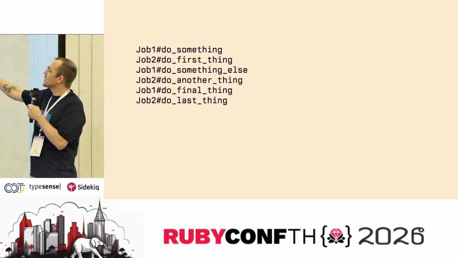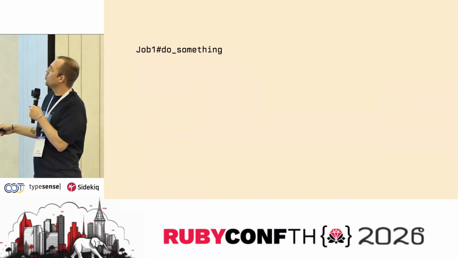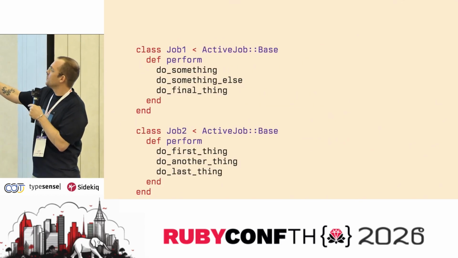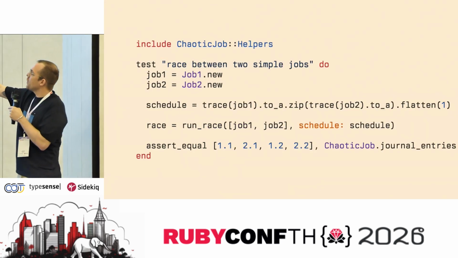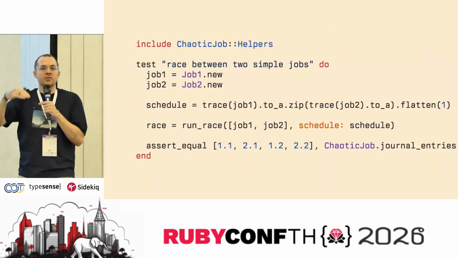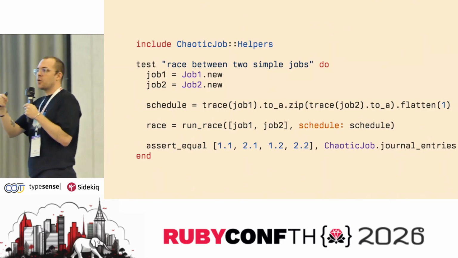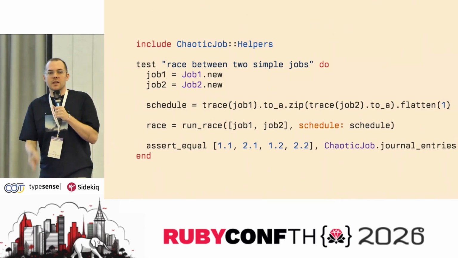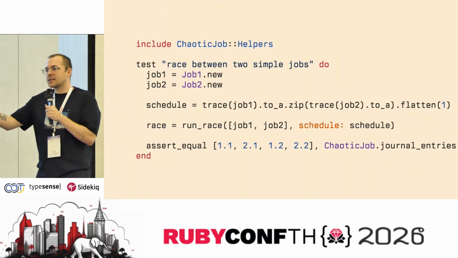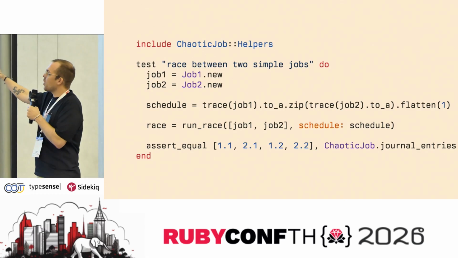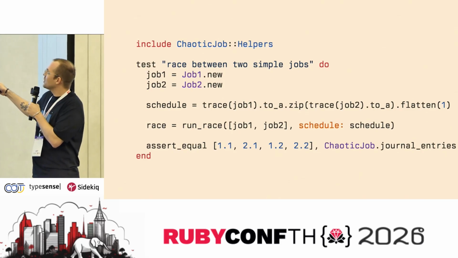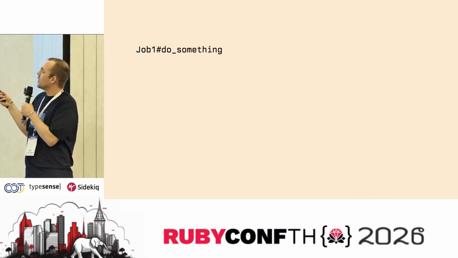And I can test this exact schedule by just saying, run this particular race. Here are my two job instances, and here's the particular schedule. And I can use the same tracepoint orchestration to ensure that that exact sequence of execution events occurs in that exact linear sequence, and then I can write my assertions, which is helpful. But once again, as I get back,